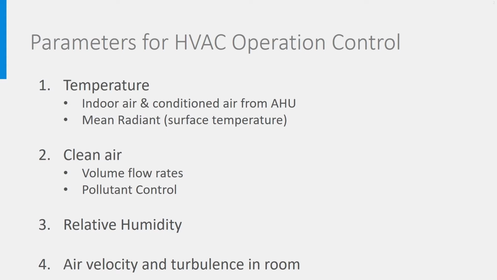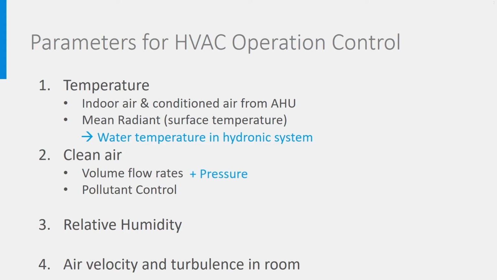The surface temperatures are partly determined by the degree of insulation. We have no operational control on that, but also partly by the temperature of the emitters, determined by the temperature of the water flowing in the emitters, the hydronic system. So in the end, we need to control air and water temperatures. The second objective of HVAC systems is to provide enough clean air, by which we need to control the air volume flow rates. Volume flow rates and pressure are tightly interrelated, so let's add pressure here as well.